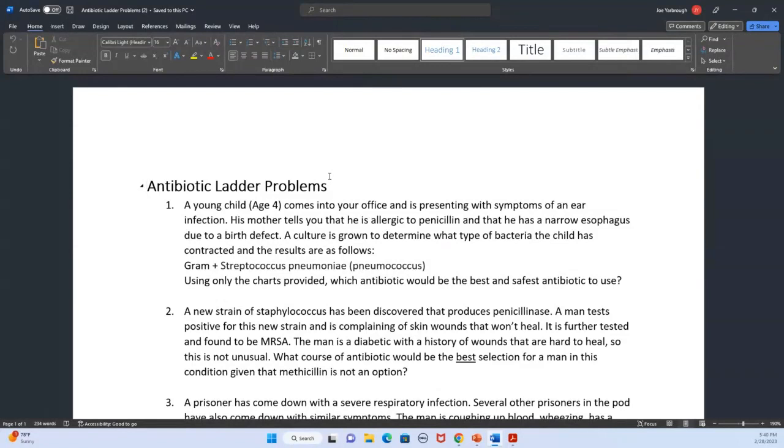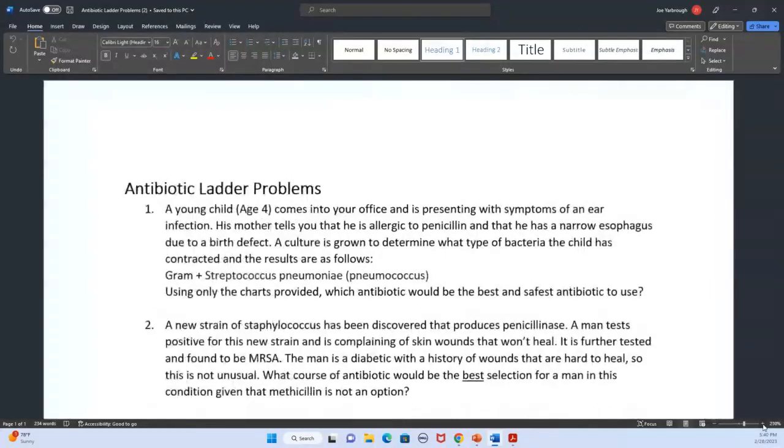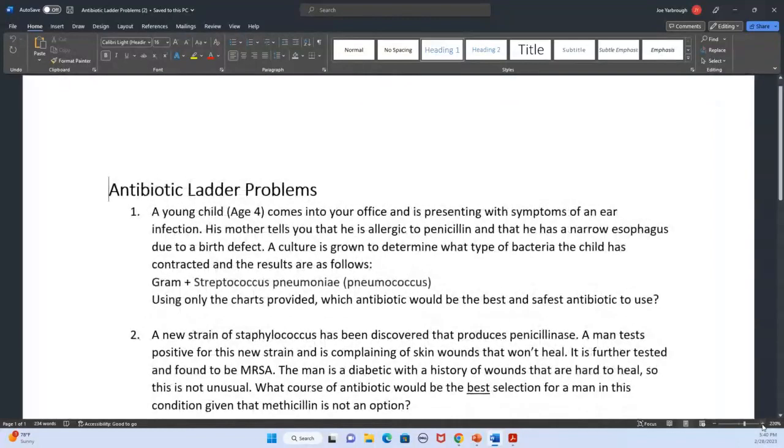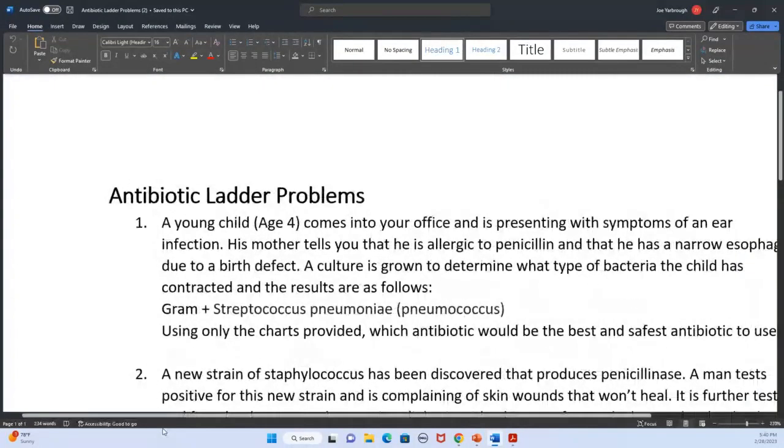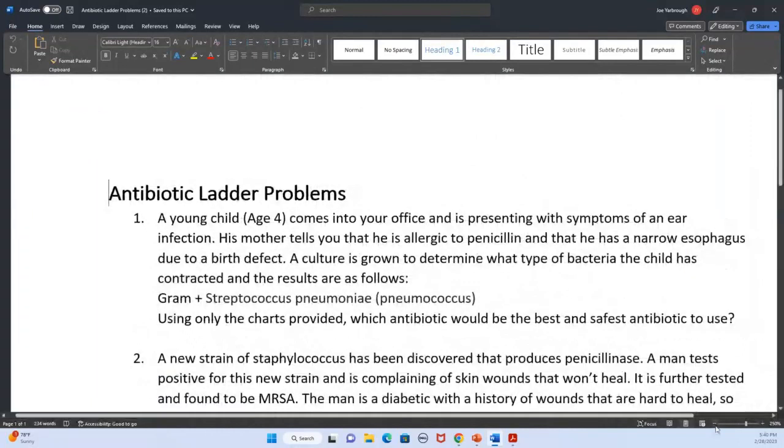A culture is grown to determine what type of bacteria the child has contracted, and the results are as follows: gram-positive Streptococcus pneumoniae. Using the chart provided, which antibiotic would be best? Everybody just enter the one you think would be the best one to use in this case. There may be more than one answer, and I'll explain that in a minute. So if you've got an answer to that,